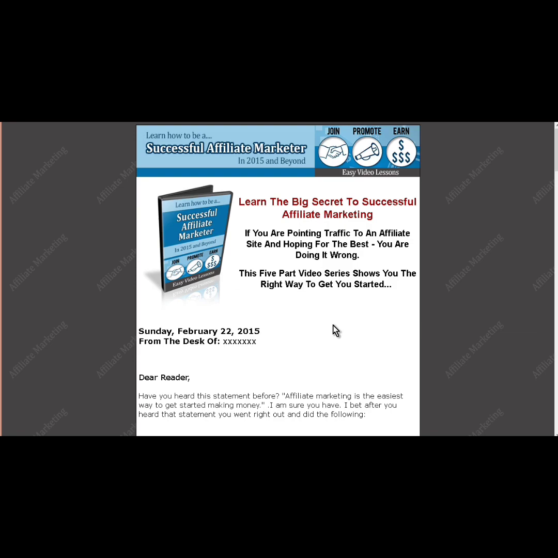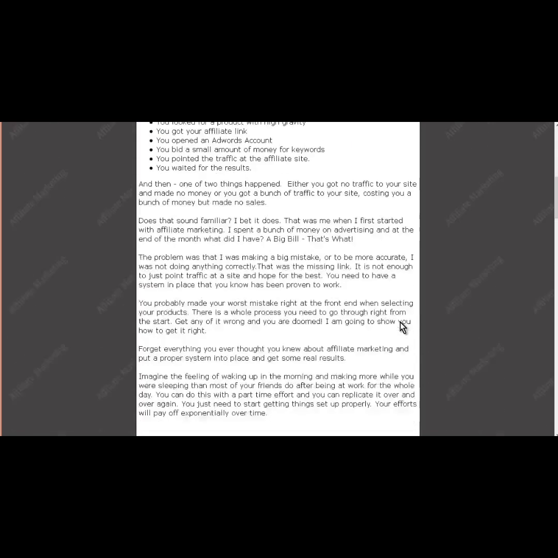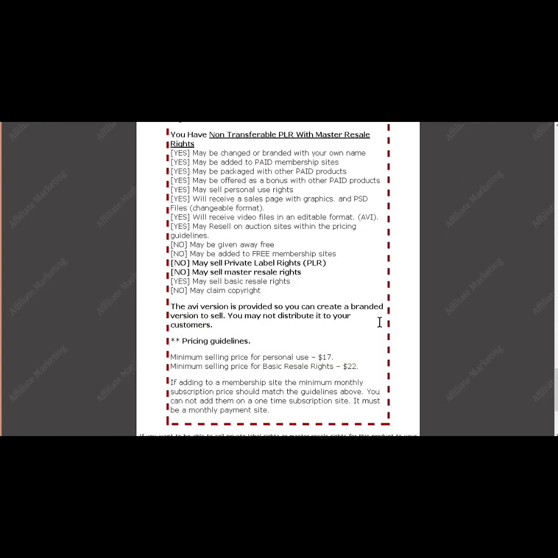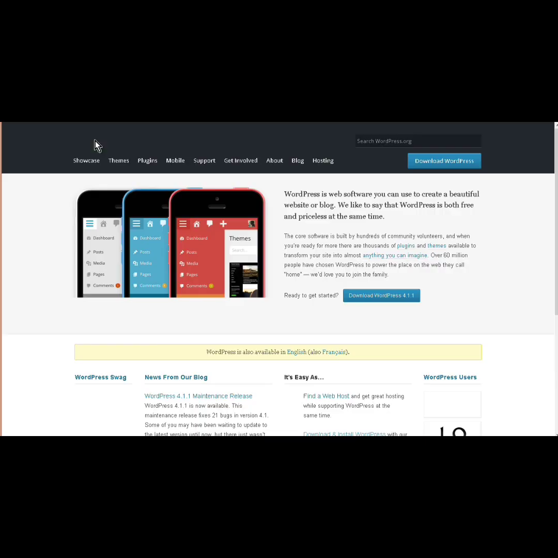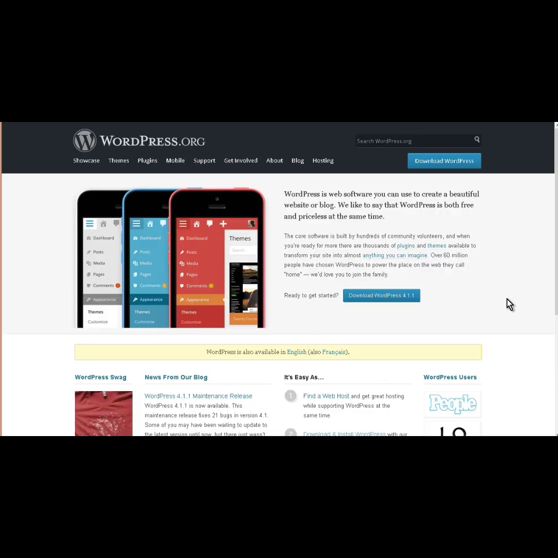Workflow from WordPress.org rather than using an automated installer. Good thing about an automated installer, of course, is that it's a few clicks, but the bad thing about it is that it installs some other stuff along with it, and then you have to use that in the program to do the updates. Okay, so I like to use